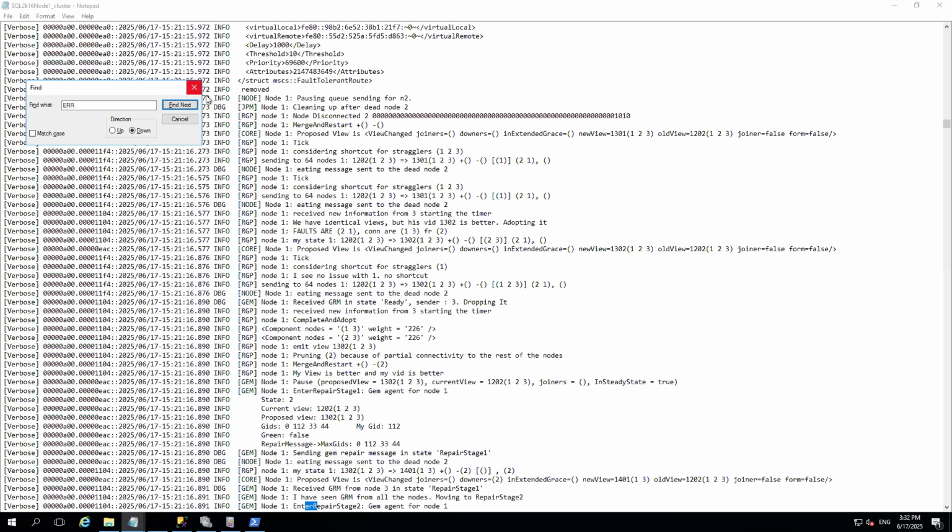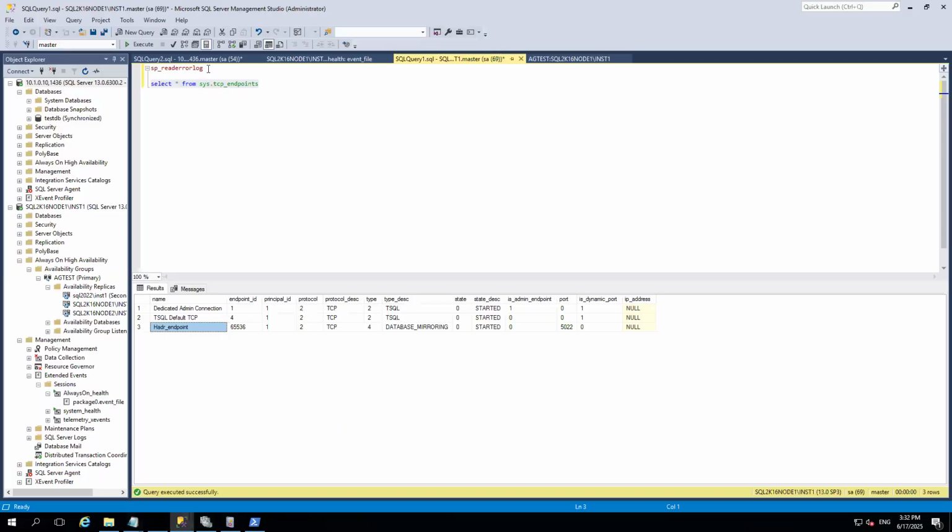But this is the hardest part. You won't be able to get this information anywhere. Whether you open the external events, the cluster logs, or the read error logs, nothing will help you in this case. This is the most complicated situation we can face as a DBA. If you ask me how to troubleshoot this in real time, in general we will not face this scenario,